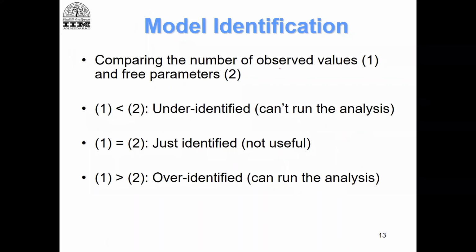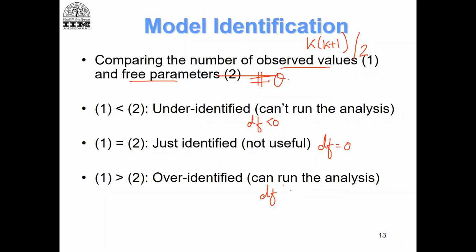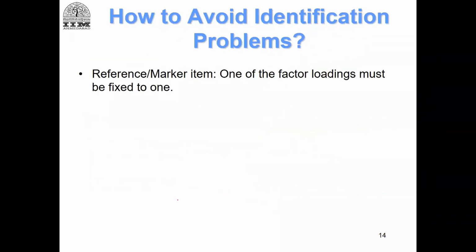This is the number of observed values and free parameters. The observed values are nothing but k(k+1)/2. And what are free parameters? Theta hat. If the observed values are less than the free parameters, then it is under identified. I just mentioned this: df is less than 0 and it is under identified. Here your df is equal to 0 and here your df is greater than 0. So we will always want the case of over identified so that we can get a